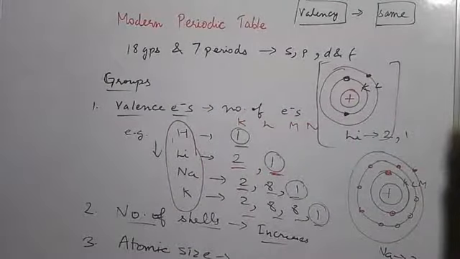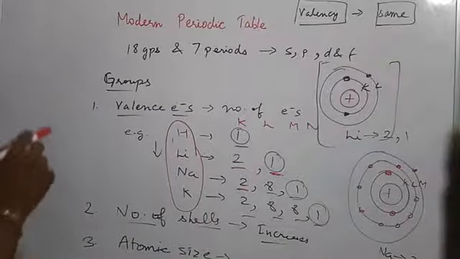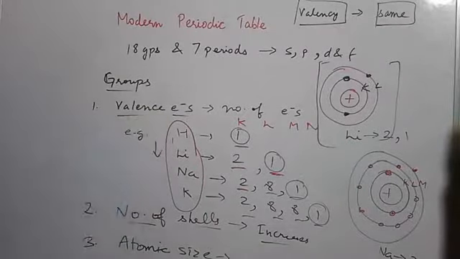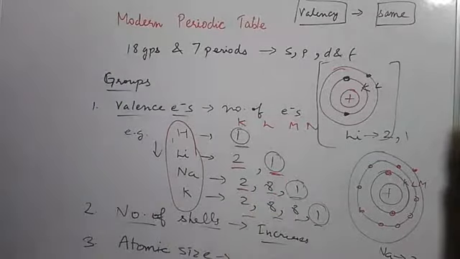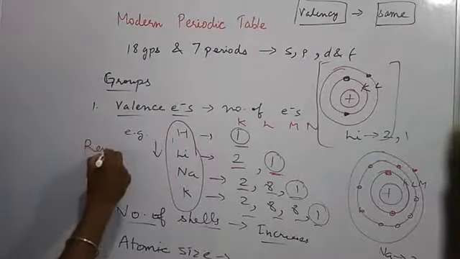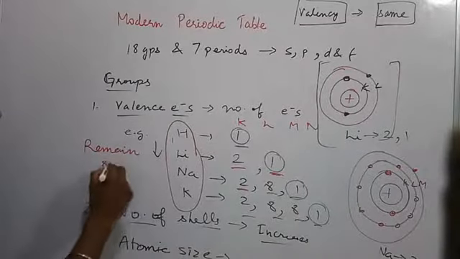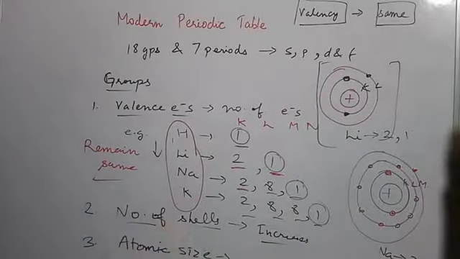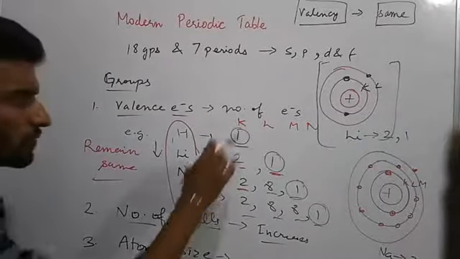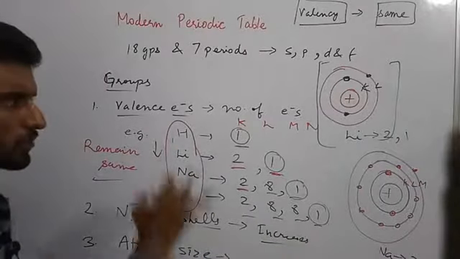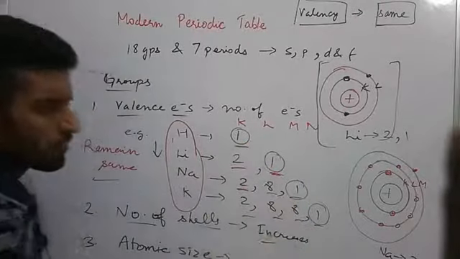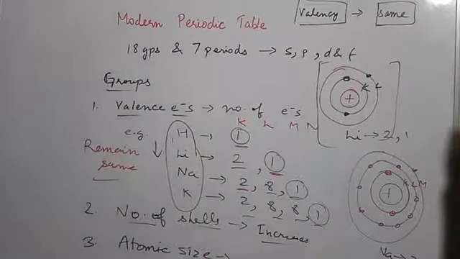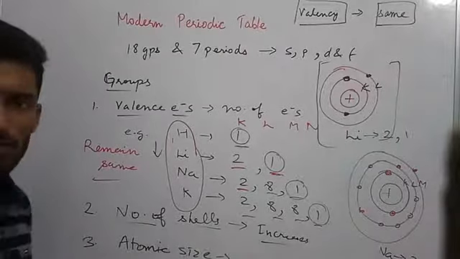Clear? So here we had discussed 4 different properties of elements with respect to a particular group. First one is valence electrons. So in a group, number of valence electrons, they remain the same. Then next one we discussed about number of shells. So as one moves down the group, that is from top to bottom, there is addition of each particular shell at the successive level, hence number of shells increases.